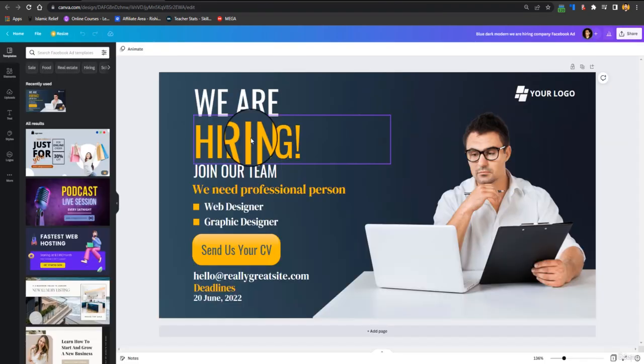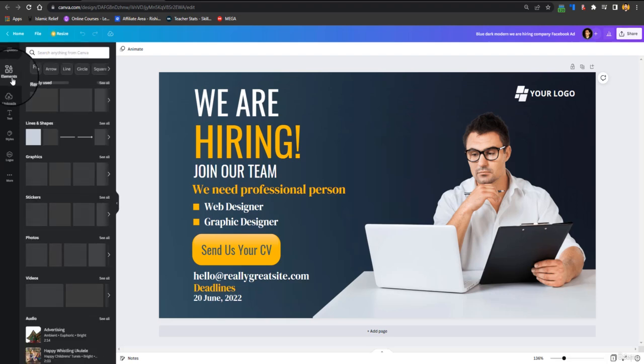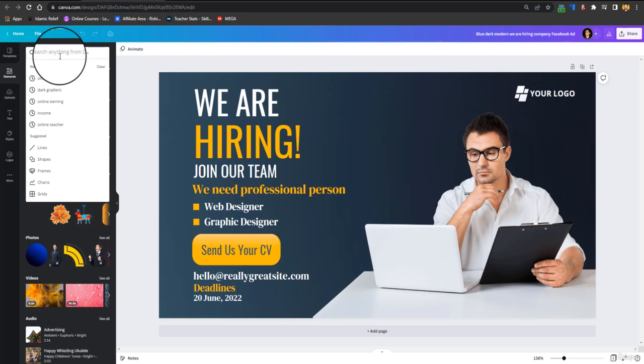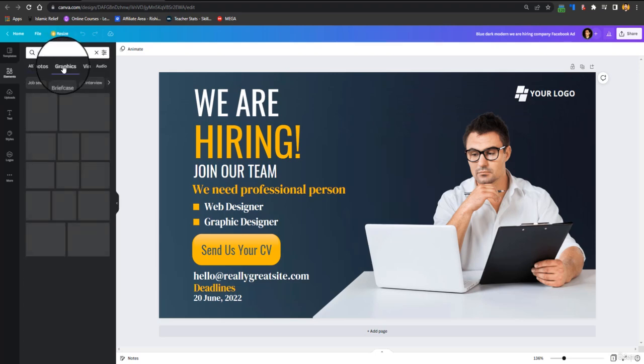Okay, so now we are at this dashboard, where we will edit our template and convert it into our design. This is the template we are going to design. But when you want to add some new things to it, then again you would prioritize the Pro version. Why? Because when we go to elements, and let's suppose I'm searching for some graphics for job, and let's go to graphics.